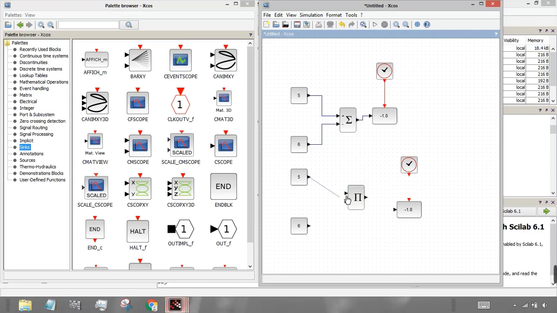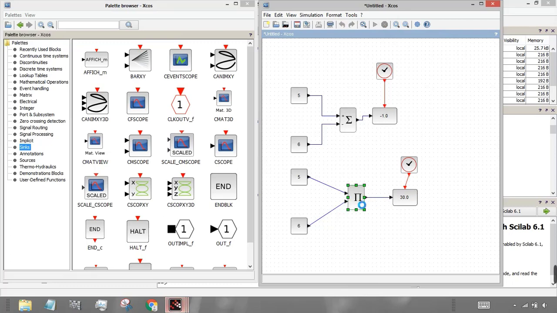Then again connect these blocks, connect this, connect the output to this. I'll just move it upward, then connect this event handling. So again execute this, it will show you. So the multiplication is 5 into 6 is 30.